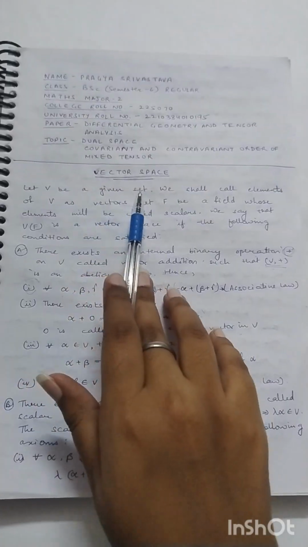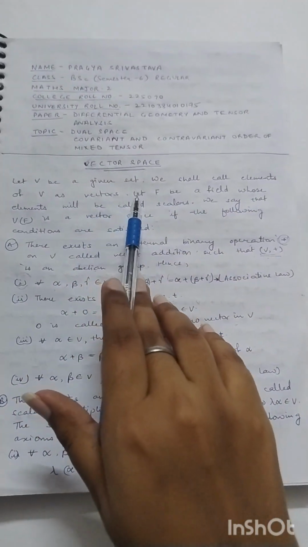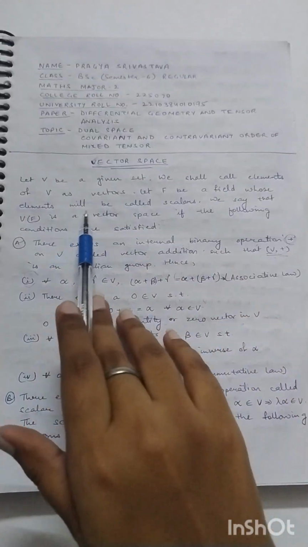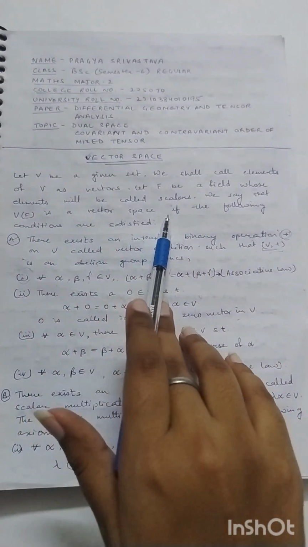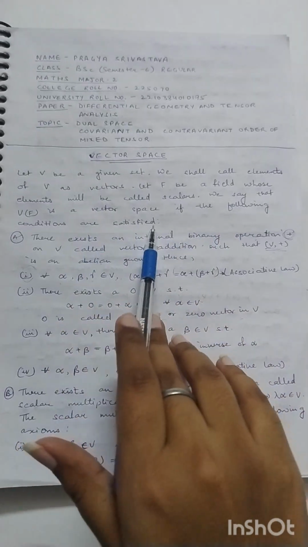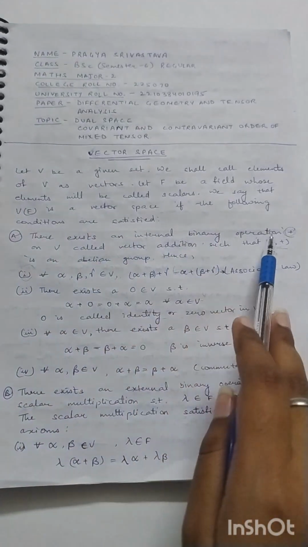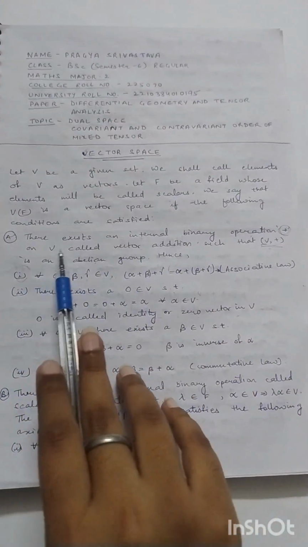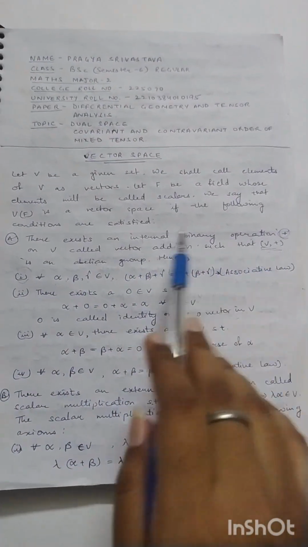Let V be a given set. We shall call elements of V as vectors. Let F be a field whose elements will be called scalars. We say that V over F is a vector space if the following conditions are satisfied. First condition, there exists an internal binary operation plus on V called vector addition such that (V, +) is an